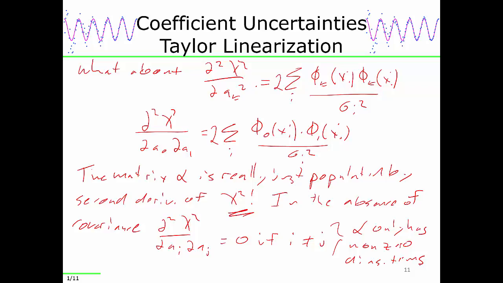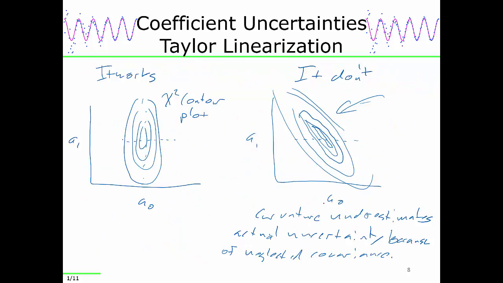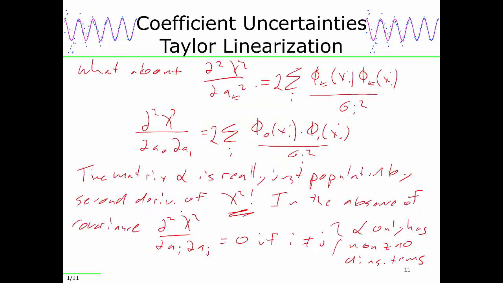Do you want a graphic illustration of what that looks like? Looks like that. So that's choosing a coordinate system based on the principal moments of chi-squared space, which would be equivalent to saying that there is no covariance between the coefficients. So in that limit, then we've got the second derivative of chi-squared space is equal to